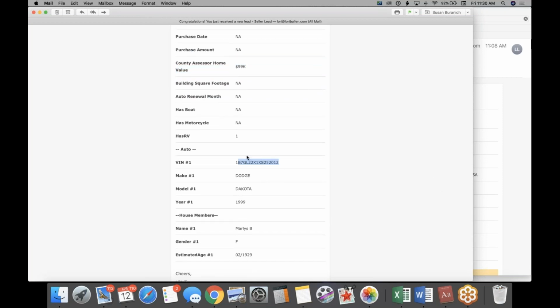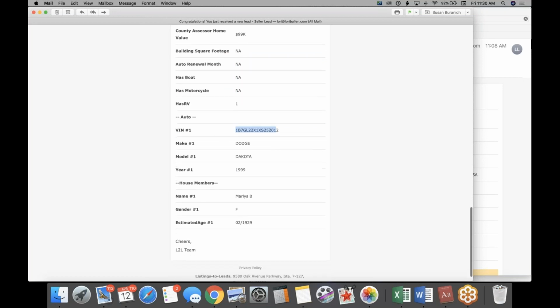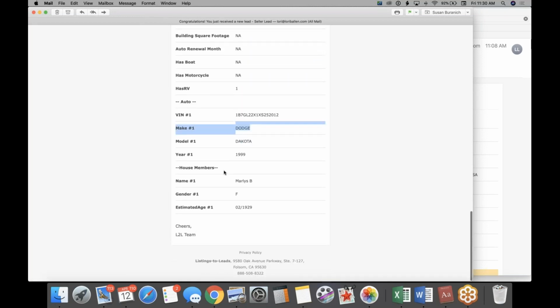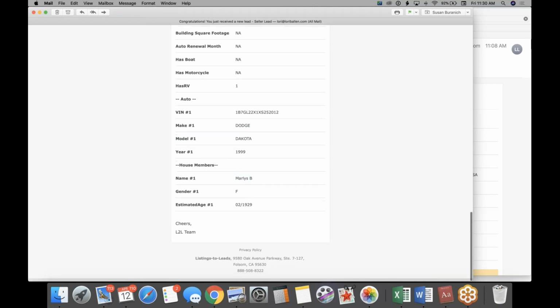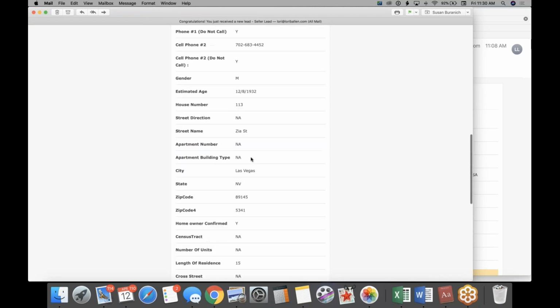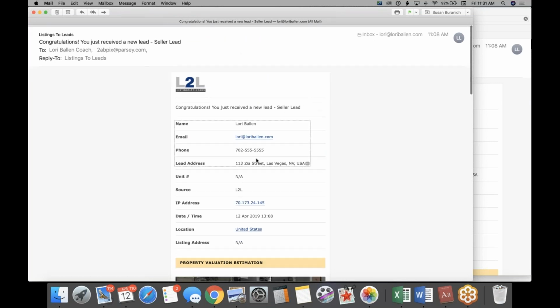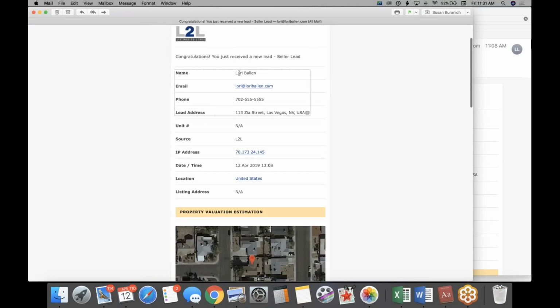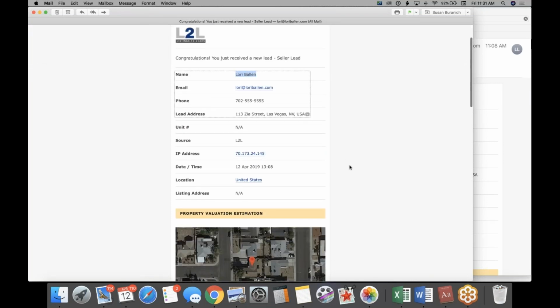All right, so then we have their vehicle data gets pulled in, and this indeed was his truck. And then it says house members. So there's my grandmother's name, female, and her estimated age. Okay. So I would look at this, and if that Lori Ballen name had said Eugene Bartholomew, I'm all over